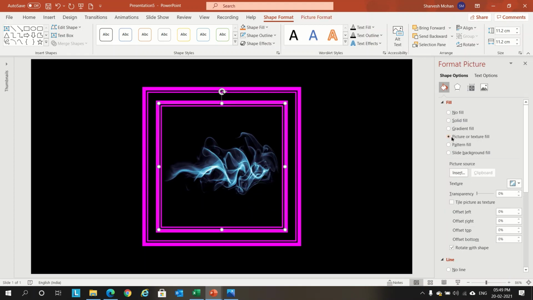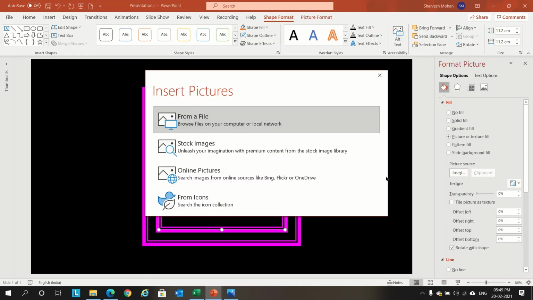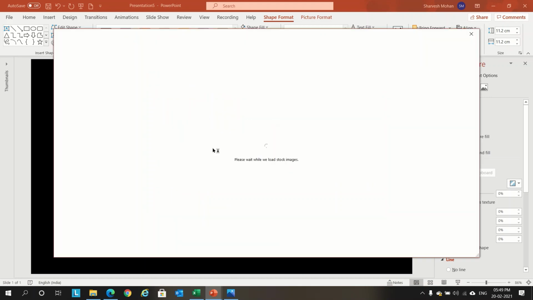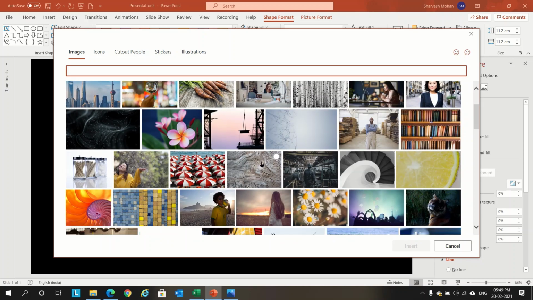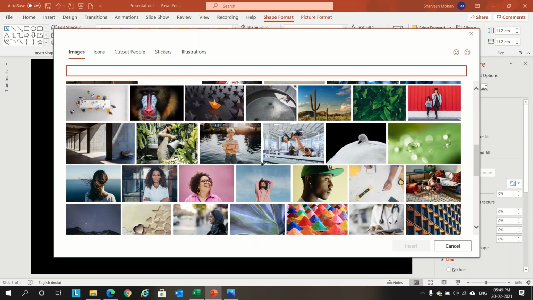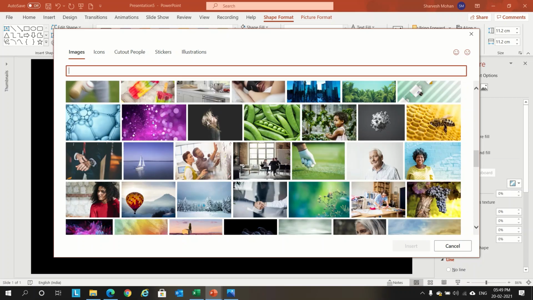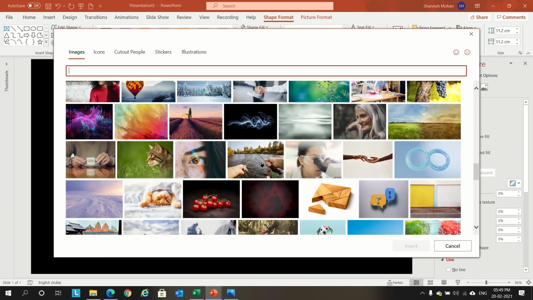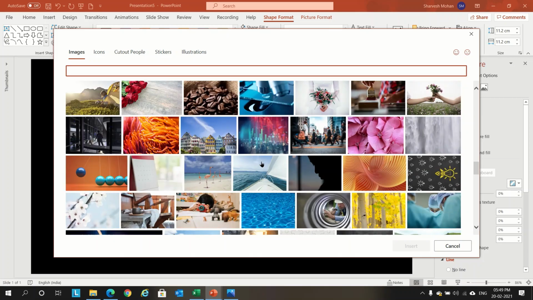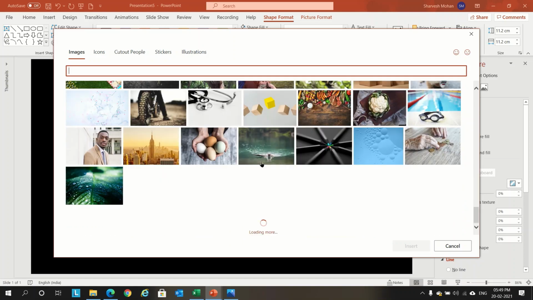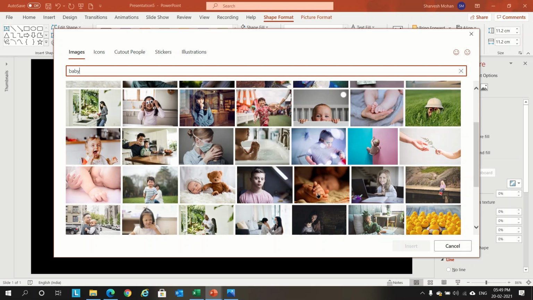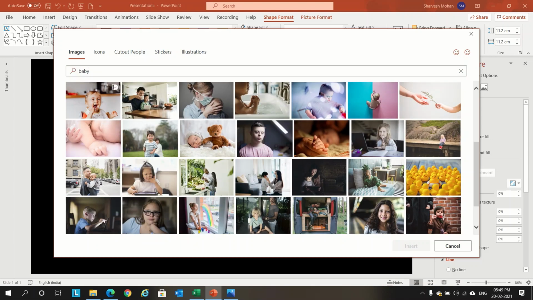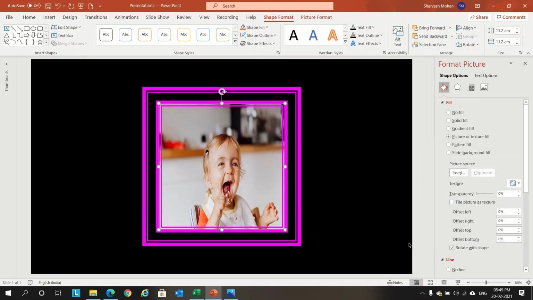We'll click this and we'll insert a picture. I'm going to insert from stock images. Office 365 has this facility, but for other versions you just download the picture you want to insert. I'm just searching for a baby girl. I got this one, insert.